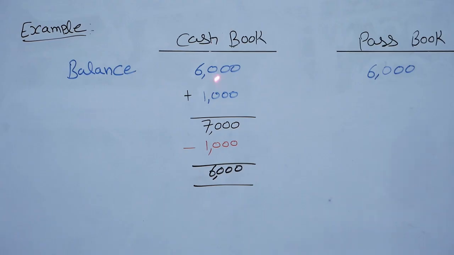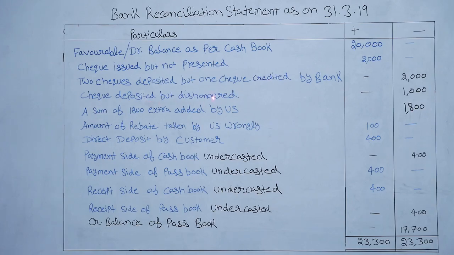Cash book balance 6,000, passbook balance 6,000. As soon as we deposited the check into bank, we must have increased our cash balance by 1,000 rupees. So after increasing, cash book balance is 7,000. If check money had been added in the bank, then bank balance would have increased. But check is dishonored. Due to this, check money is not added in the passbook and balances are mismatching. And we have to follow passbook balance, and we will make 7,000 to 6,000 after deducting 1,000 rupees. Check deposited but dishonored, 1,000 rupees will come in the minus item.